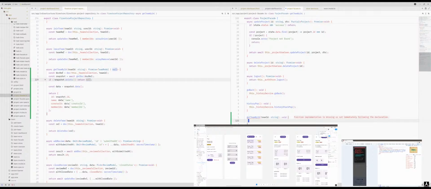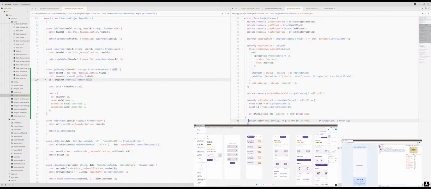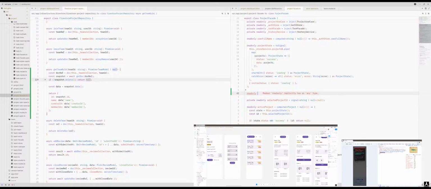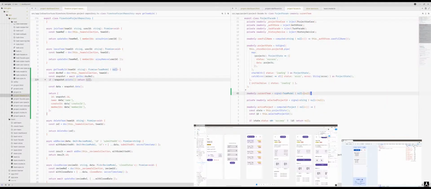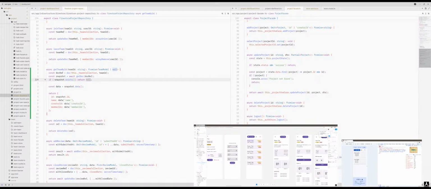Put the void there, because my plan is to have a signal here that will store the current theme. We'll say signal, and say that it should be a theme model or it should be null. We'll initialize it with a null, and if we go back to the bottom here,